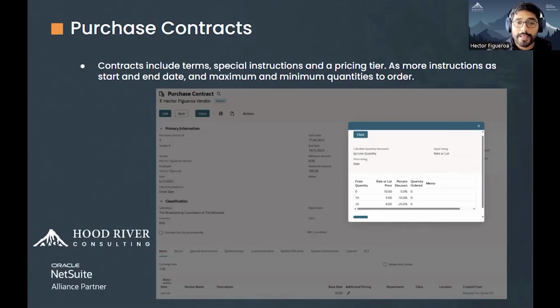These vendors create a purchase contract, meaning that we're going to have complex prices and discounts per amount. For example, if the regular price for this pencil is 11 for this specific vendor, and the vendor wanted to win the bid, he would send better prices, meaning that, for example, from 0 to 10, it's going to charge me only $10. From 10 to 20, 9, and 20 and more, $8. Meaning that we have special prices and they are selected under the purchase contract that has been created from the request for quote.